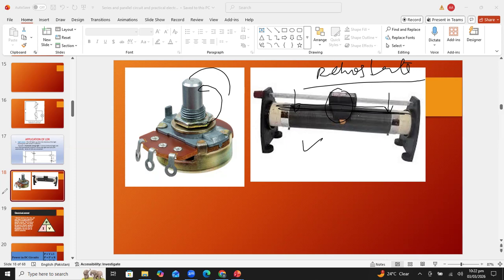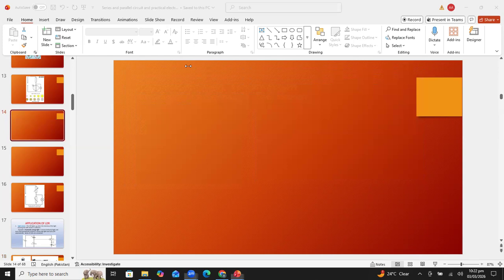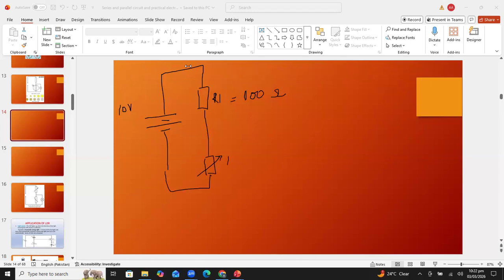All right. So now let me show you the circuit. For example, students, I want to increase or decrease the speed of the fan with the help of a variable potential divider. So how will this circuit work? This is the battery. Suppose it has 10 volt. Now I'm connecting one fixed resistor. This is R1. It has a fixed value like 100 ohm. Usually a small resistor is always connected in this circuit. Now this is a potentiometer. A variable resistor is connected across R2. Now students, this is a fan motor which is connected in parallel combination with this resistor.